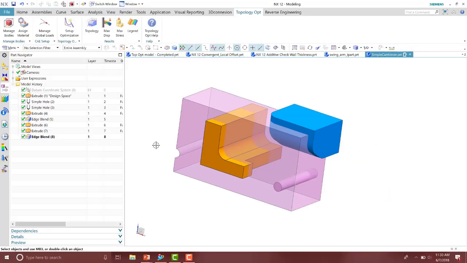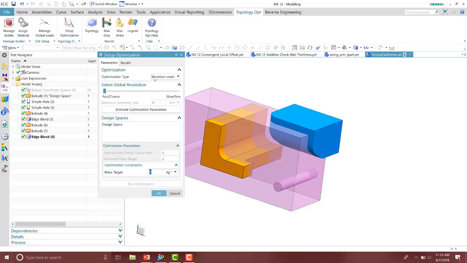So I have my material applied to my design part. I have my features that I want my part to be consisted of. Now I need to go ahead and optimize that. So I'm going to go ahead and set up the optimization. Okay, from here I'm going to go ahead and select the estimate optimization based on the parameters I already have